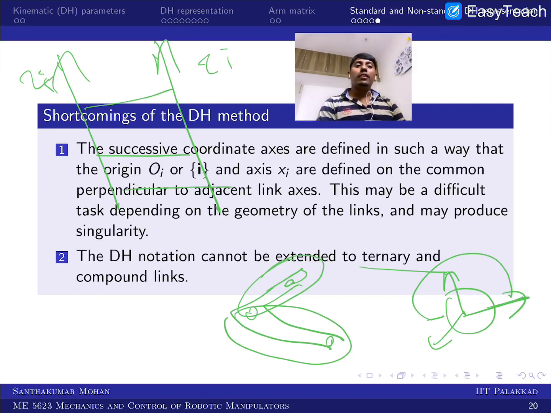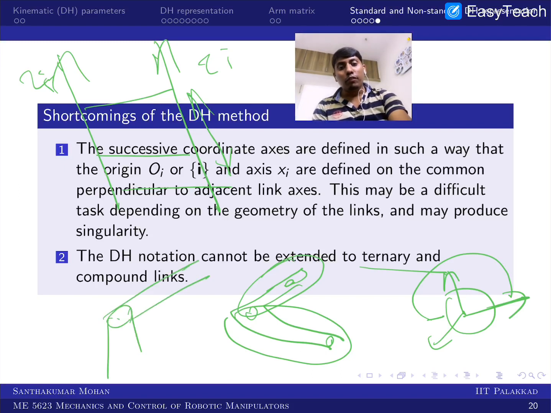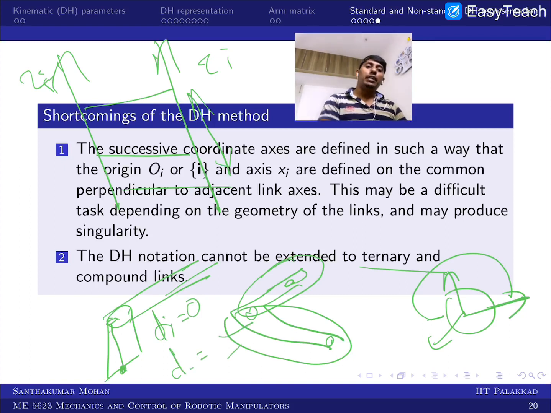So in the sense, definitely the geometric variables, which you call the joint distance and the link length, may give some kind of headache, especially the joint distance, which is difficult to describe. For example, this is my first joint, and it is connecting this link and this link. Can I take it this or this? So 0, di, or di is any distance, right? That way it is having a singularity in the sense. There are several other disadvantages that we will discuss in the next class.